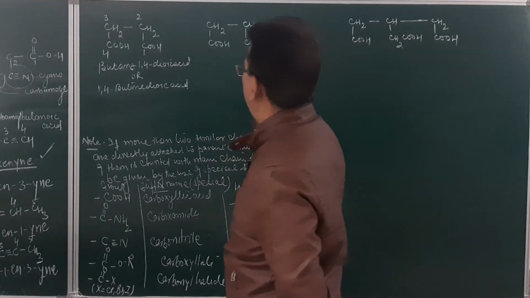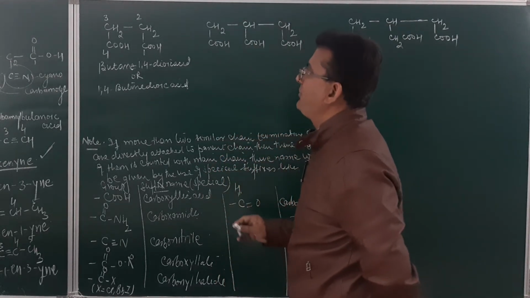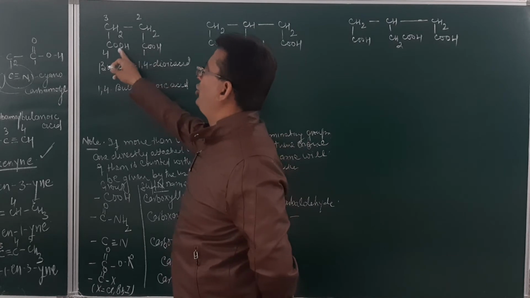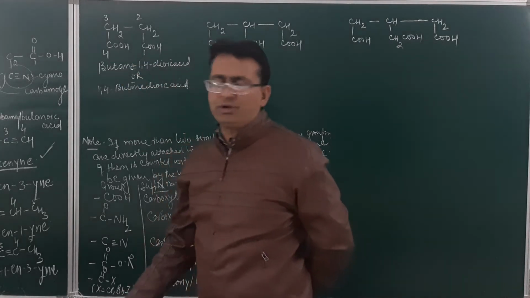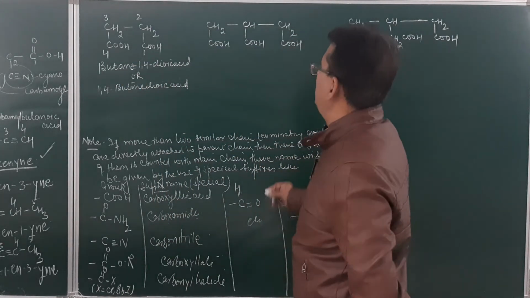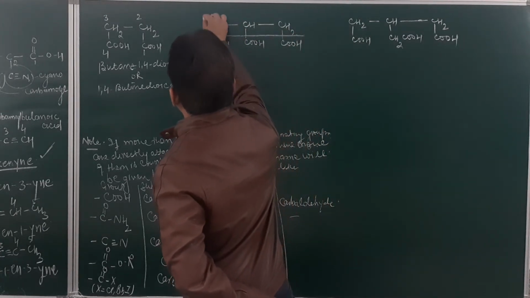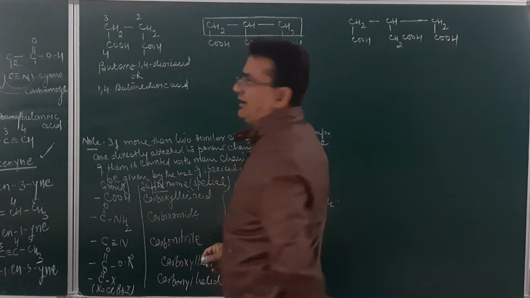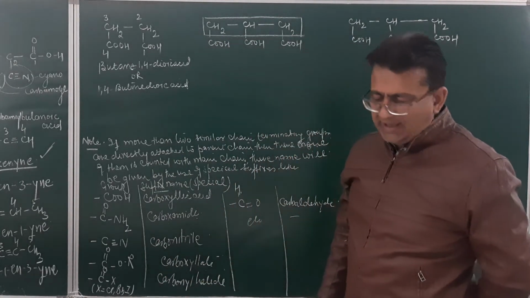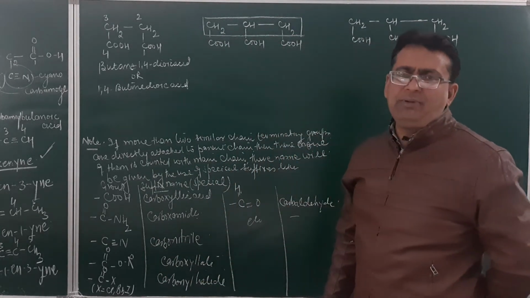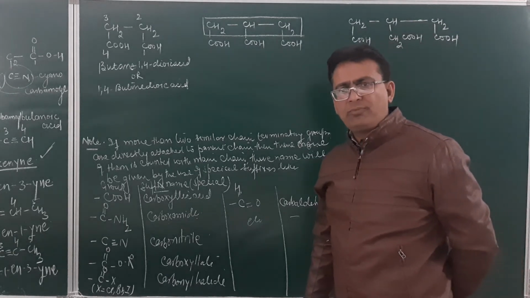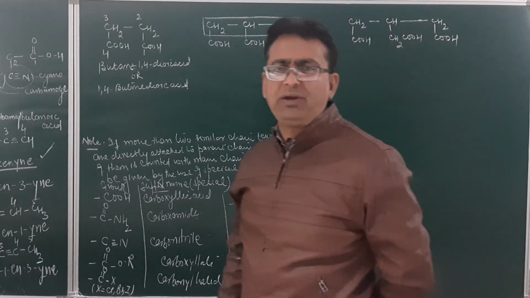Now just see these compounds. I have written the three compounds over here. Here, two groups are directly attached to the main chain, so both are counted with the main chain. But in this chain, there are three COOH groups directly attached to the parent chain. So as per this rule, none will be counted with the main chain, but their name will be given by the use of a special suffix.